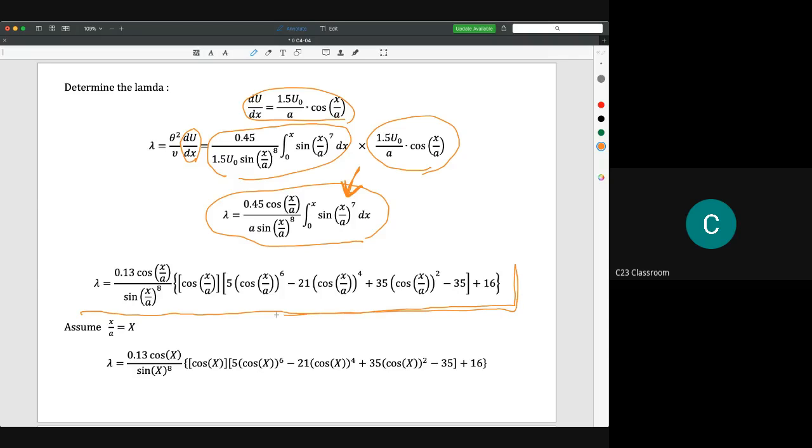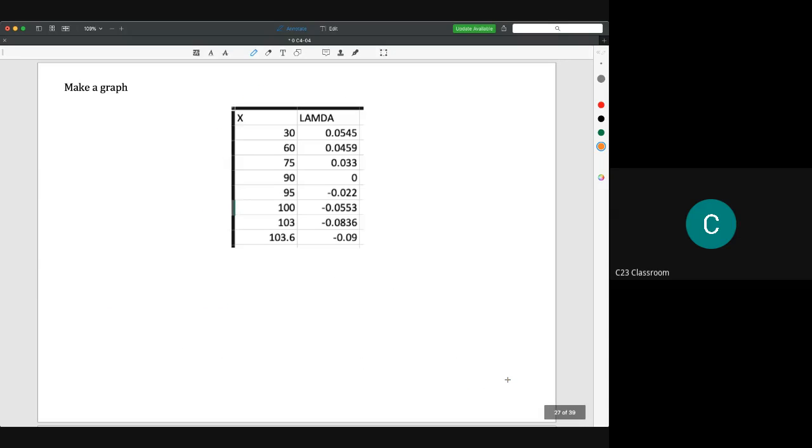Okay. So to simplify this one, because we have x over a here, we simplify x over a as x. And then we could have lambda 0.13 cos theta x and so on and so forth, or something like this one. So again, you need to solve this by using at least Excel to help you. For example, we just substitute the value of x in terms of angle, and then we could get the value of lambda. And then finally, we could get the minus 0.09. Lambda occurs at 103.6